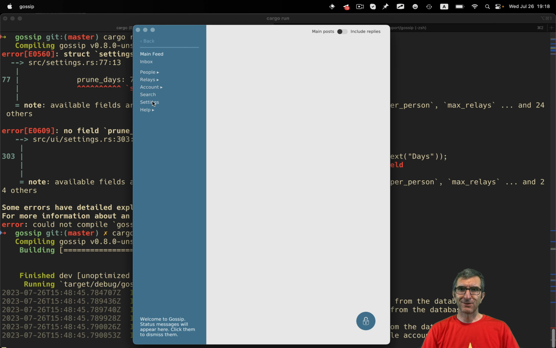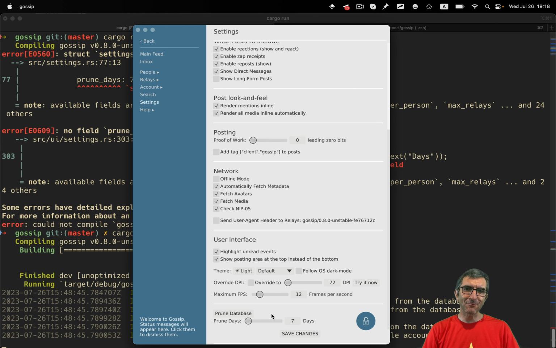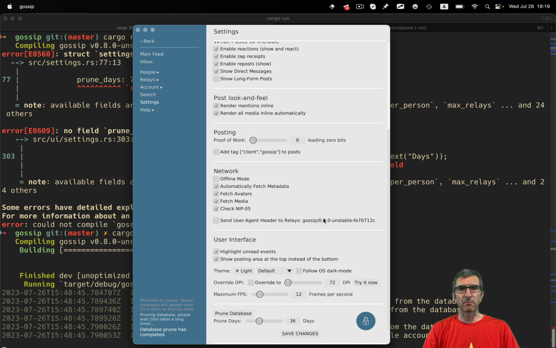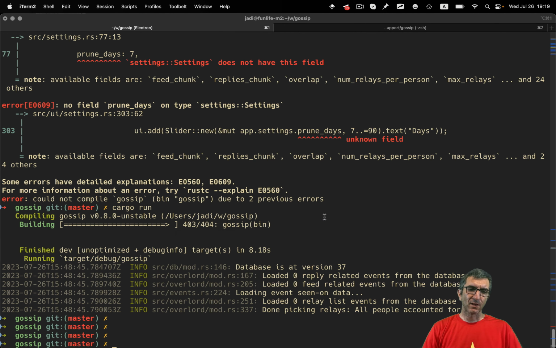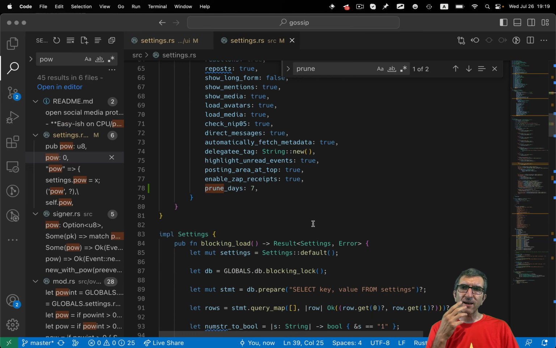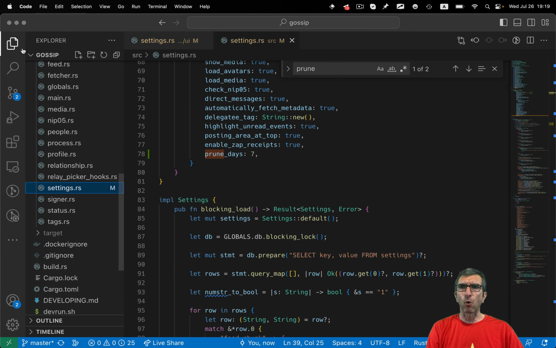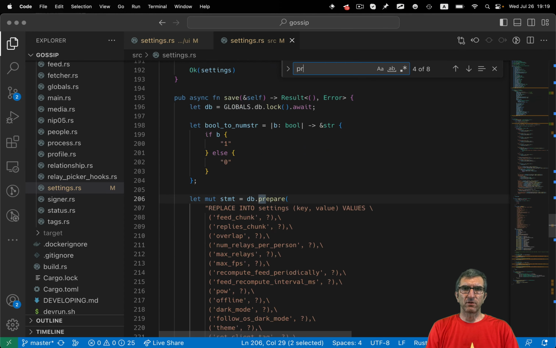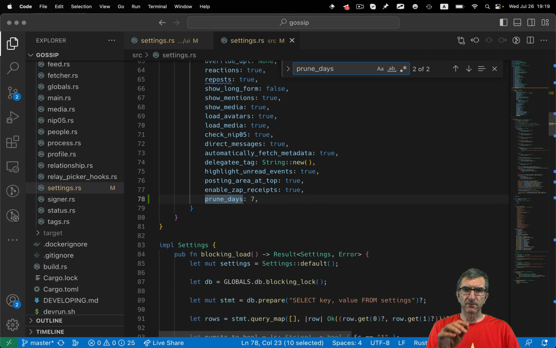Okay, it is here. Now I have the settings and we have prune days. We can move it. Very interesting, although it does nothing. When I say prune database, it says database prune has completed. Cool. Now I need to send this number. First, I have to understand how pruning works. So, what was the prune days?